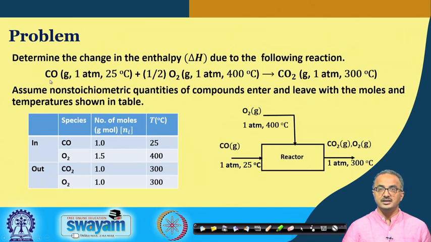Stoichiometry says for each gram mole of carbon monoxide we need only 0.5 gram mole of oxygen, but we are sending much more than that. So, here you can see we are sending much more than that. Okay. So, this oxygen is in excess. For 1 mole of carbon monoxide we need only 0.5 mole of oxygen, that means the rest, 1 mole, remains unreacted and will get out in the product stream.